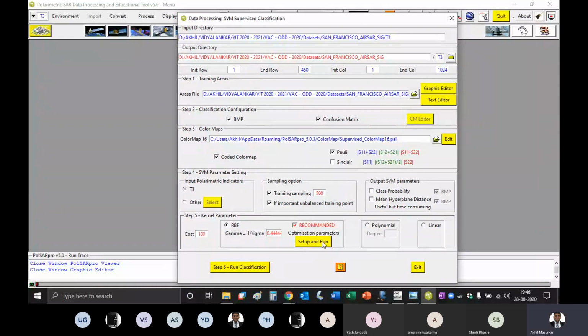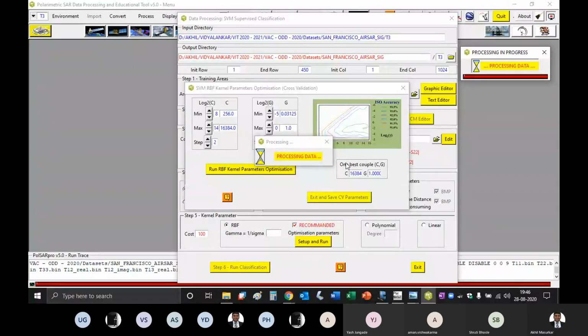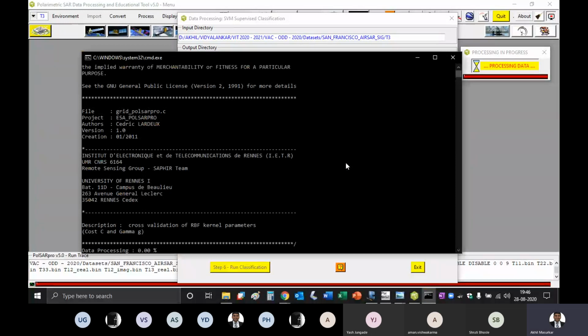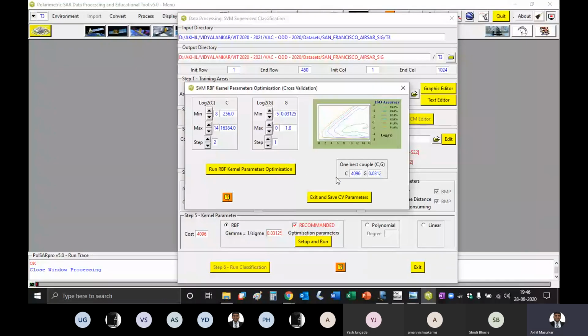And again, I'll optimize the gamma function. Okay, so that is optimized.